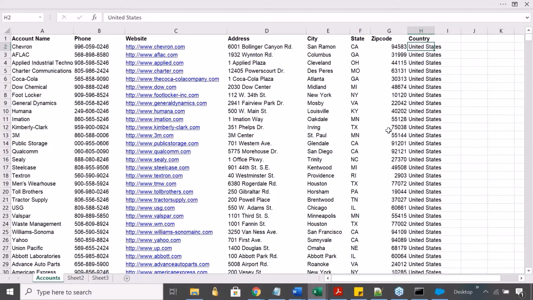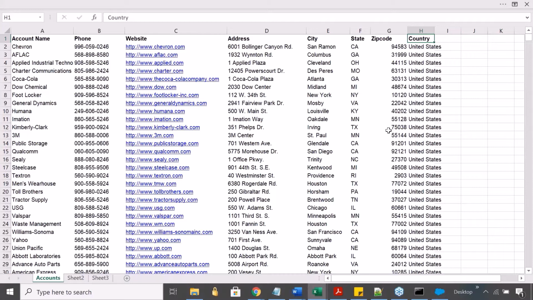Right now, small thing: there is a possibility that the name of your column is not exactly the same as the name of the field. For example, here you have a country column, but in Salesforce there's a field called billing country, and then there is a field called shipping country.